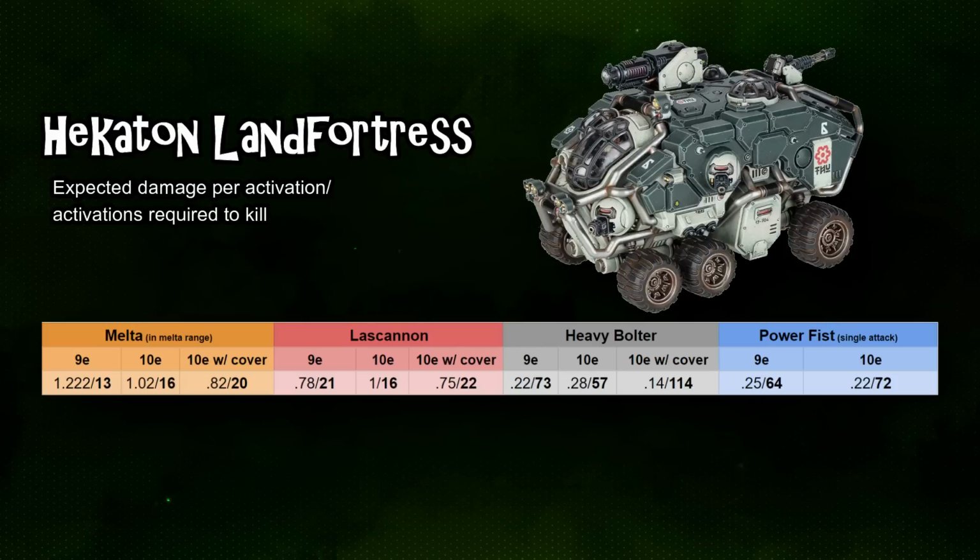While the Heavy Bolter did get a lot of benefits in 10th edition, they don't have to worry about Void Armor when not dealing with cover anymore. So they went from taking 73 Heavy Bolter activations to down a Land Fortress to only taking a measly 57 in 10th edition, because now they have that sustained hits and they're actually reducing the saving characteristic of the Land Fortress. Once that Land Fortress goes into cover,